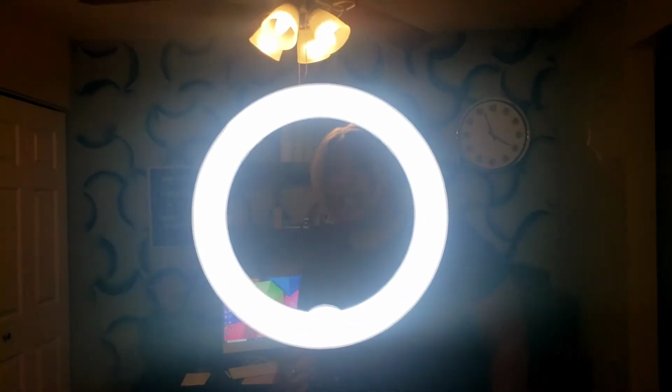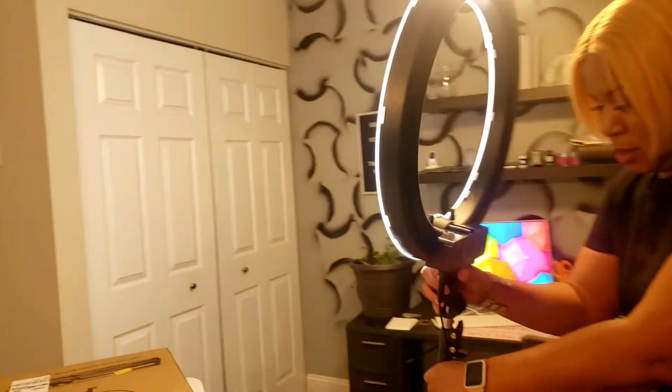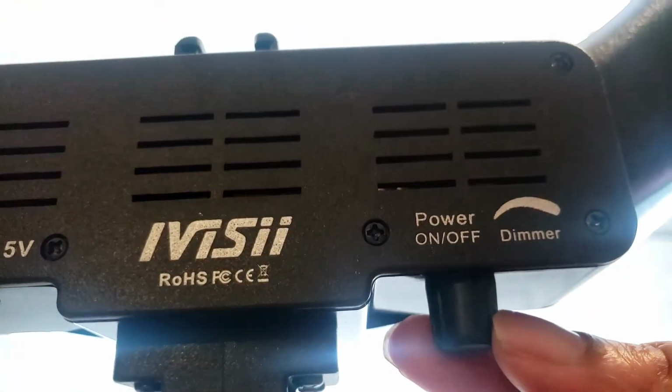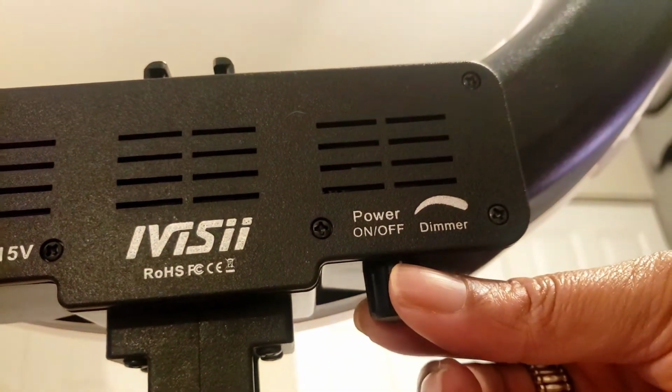So now that it's on, look at that brightness. It gets really bright. Wow. And then it gets really dim. You can set it to where you want. And then here on the back, this is the light that I'm pushing, the dimmer light. That's how I'm adjusting it. And this is also the power light, so turn it right off. Okay, so now that we've got the power on,